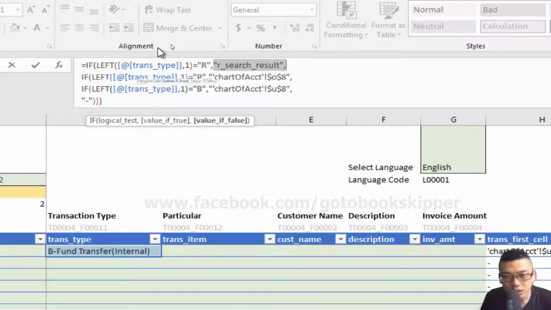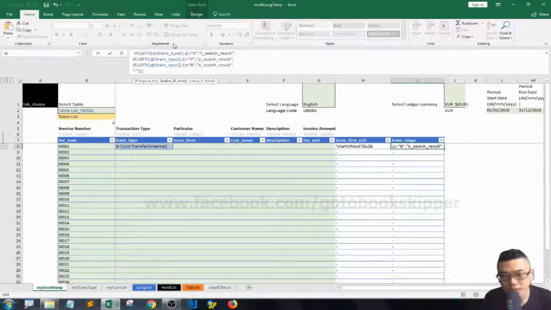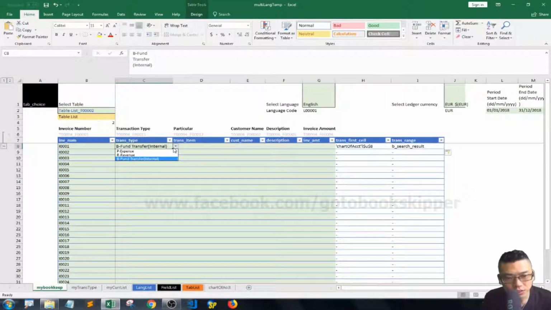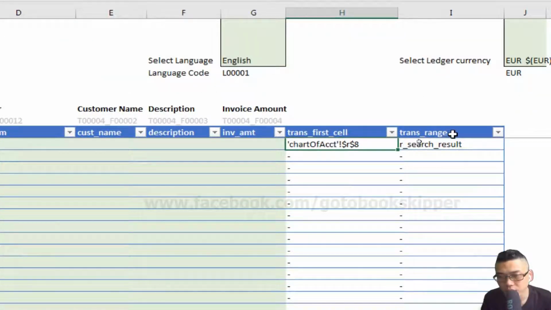Okay, and what I can do is just copy that and do it for the P because I just created a name range, right? Control V, and then I change the R search to P search. And then I do this for B search result as well. Okay, press enter. Then I should have the range, the name of the range, right? So let's say if I change the transaction type to R, revenue, then I have the first cell and the transaction range being changed. Okay,